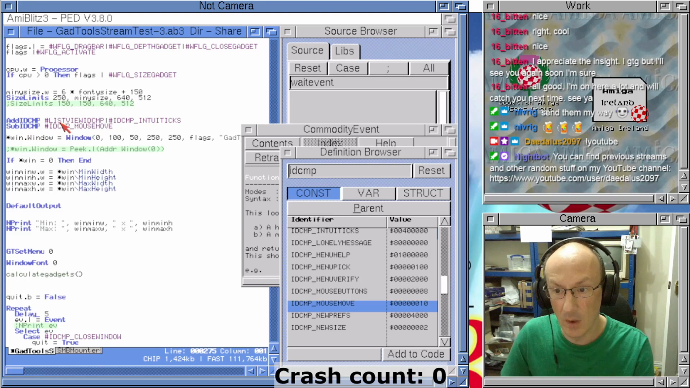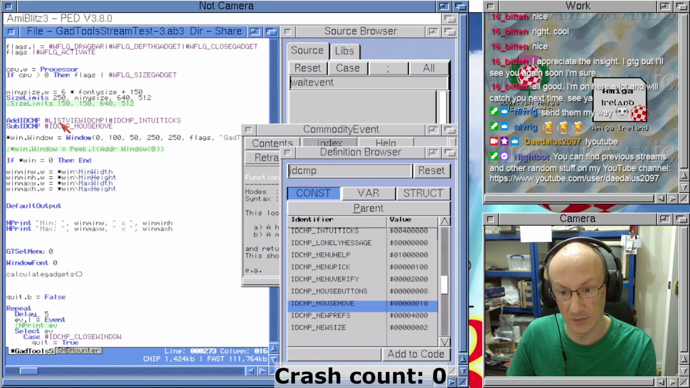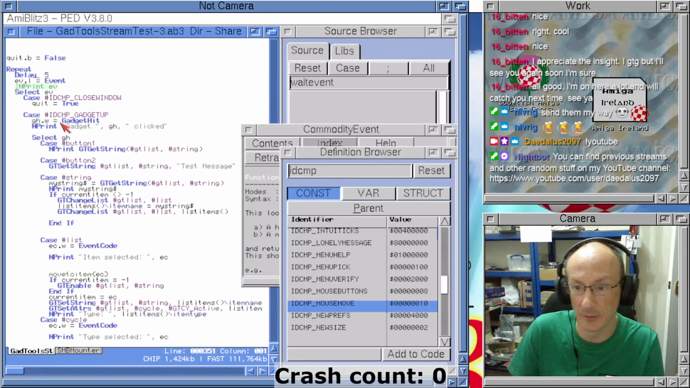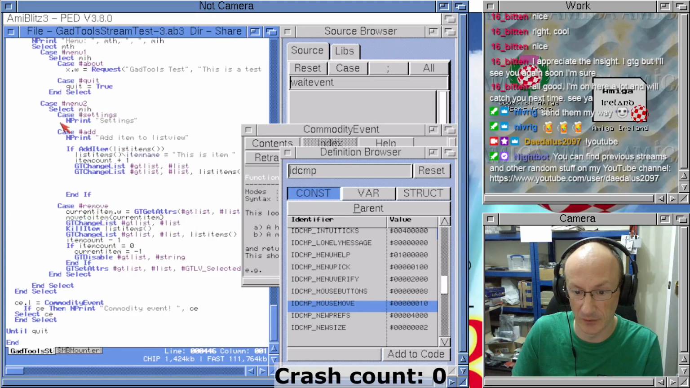So we're taking away, we're adding in the list view and IntuiText. We don't want IntuiText anymore. And we'll take away the mouse move one, because we don't need to know when the mouse moves, and it's firing off loads of events, so we're trying to make it as efficient as possible. So now